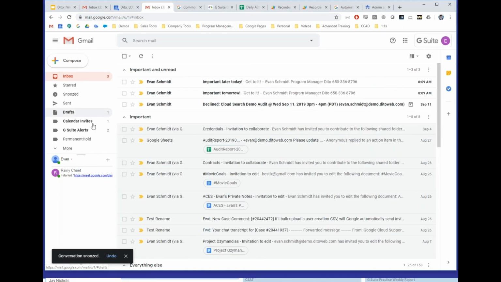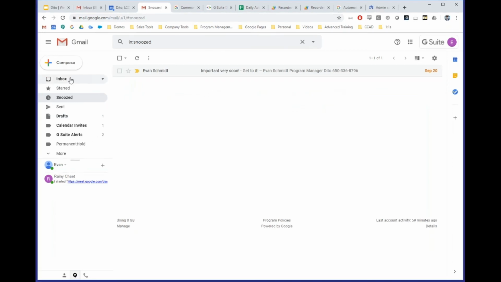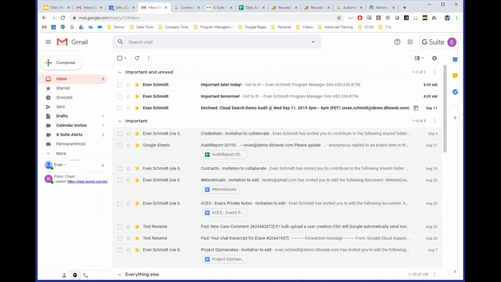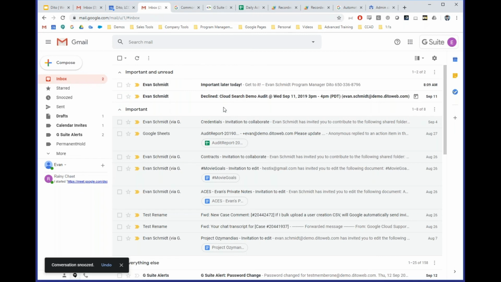By the way, it's going to drop it into a snoozed section on the left-hand side. I can always get to my snoozed messages. And then this email is going to get re-delivered to me as a new important email at the snooze time that I configured. So if I have an email that's going to be important tomorrow, I can just click snooze until tomorrow, and it's going to get it out of my mailbox, and it's going to re-deliver it as new